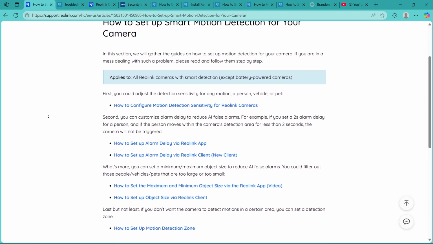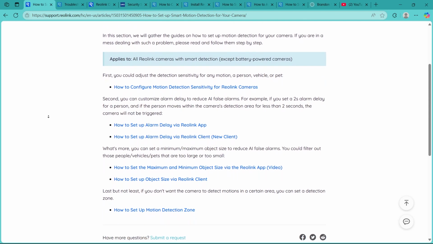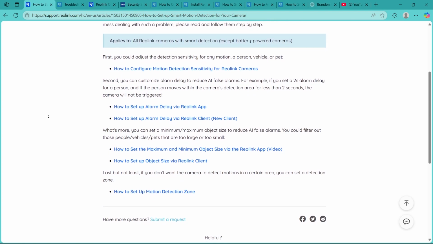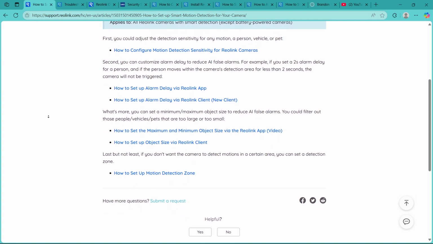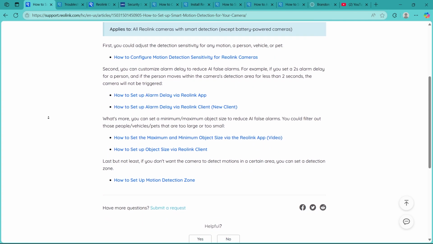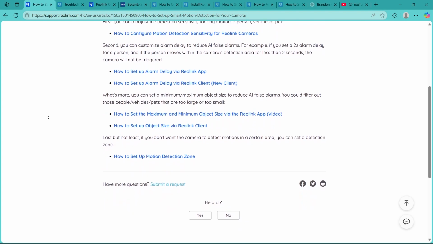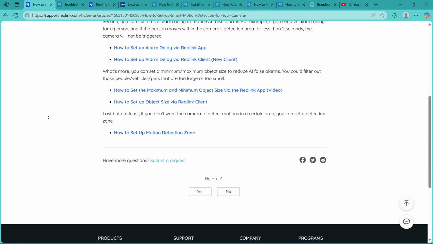Step 7 is testing the alerts. So after setup, walk through the detection area and see if the alerts trigger as expected. Adjust sensitivity or zones if needed to make sure that you're only getting useful